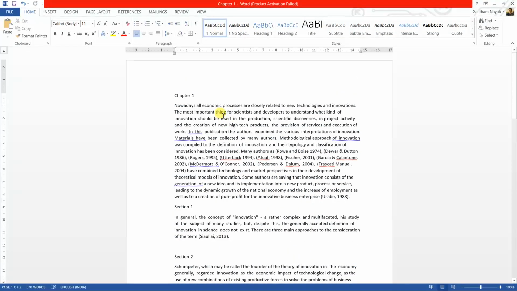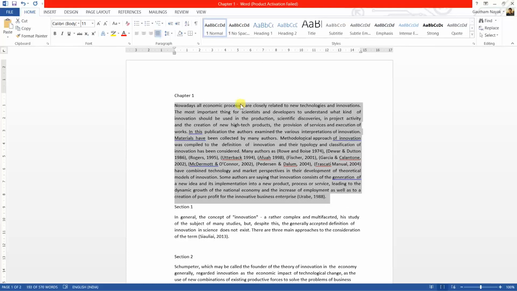So to start with, click anywhere on the body content, and then click on normal. Now we will justify this. So I will select the body content and click on justify. Now we have justified the text.